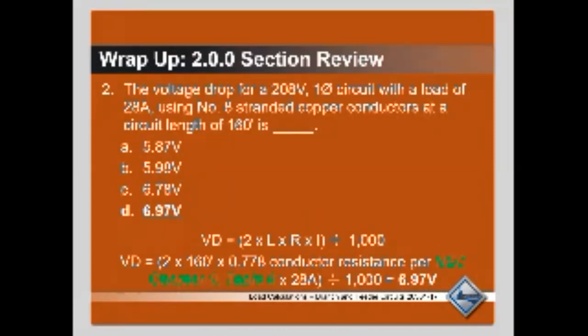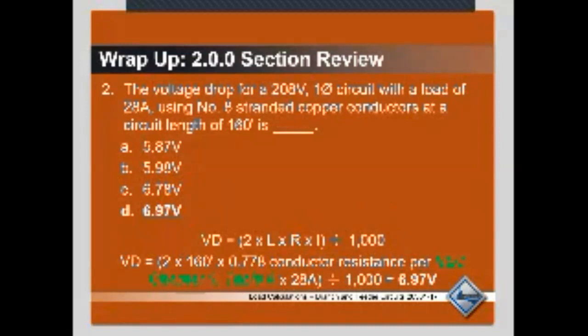And then of course you're going to scroll over till you see ohms per foot. What is that number? You're right here? 0.49. No, we're not quite there. Look at ohms per 1,000 feet. 0.778. Exactly. So it's 0.778